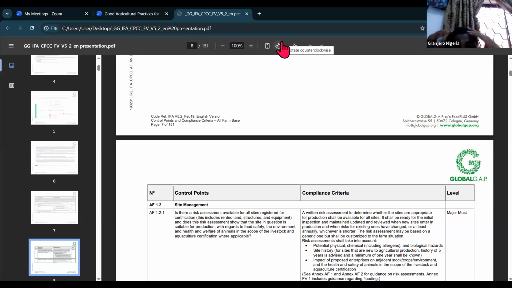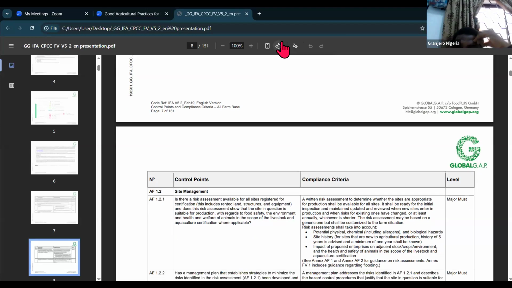Now, the risk assessment is not just about this; it also has to be about the physical. There is what we call site history, physical and chemical. So we have to understand the years over which the site has been used. Is it prone to chemicals? For example, if the site is very close to an industry that produces a lot of chemicals, that is something that's supposed to be captured. You're supposed to evaluate that to see if what you're producing would be affected by